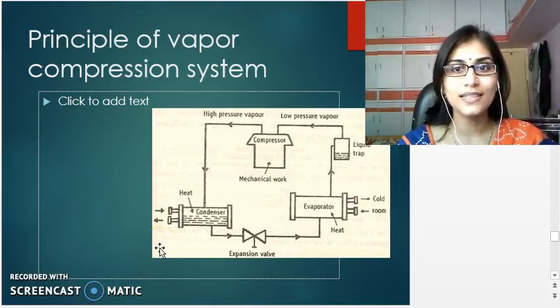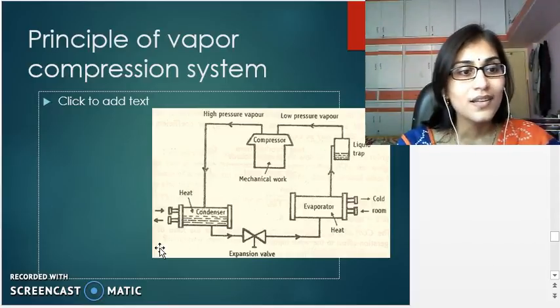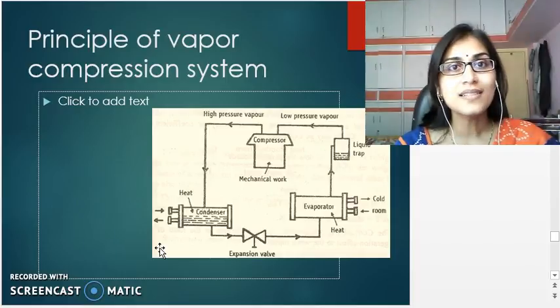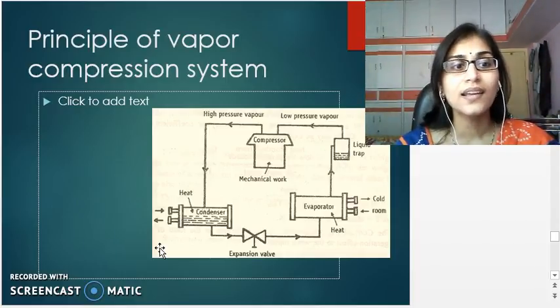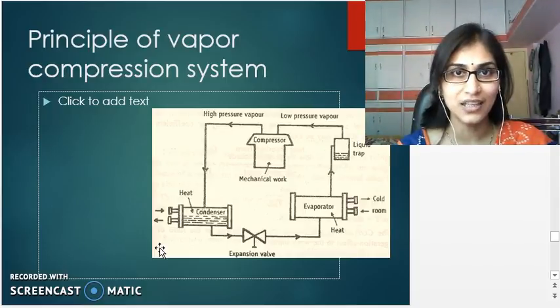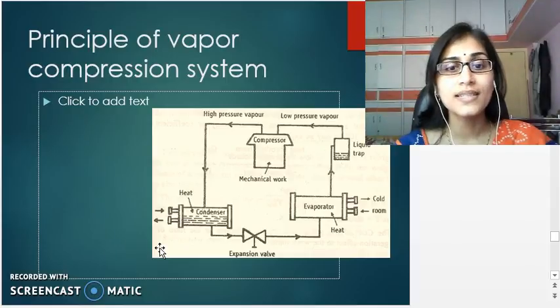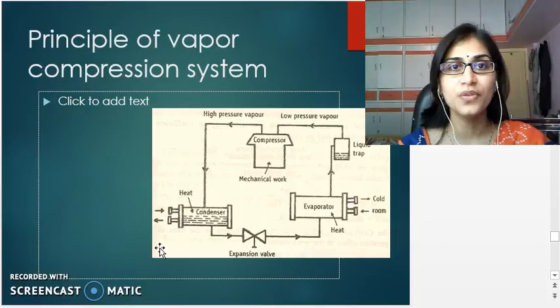Here on the screen you can see the basic construction of vapor compression system. The system is also known as mechanical refrigeration system. Mainly it consists of sequence of events like condensation, evaporation, compression and condensation again. For these events to take place, various components are required. You can see here on the screen. With the help of this diagram, we will see now what is the principle of refrigeration.